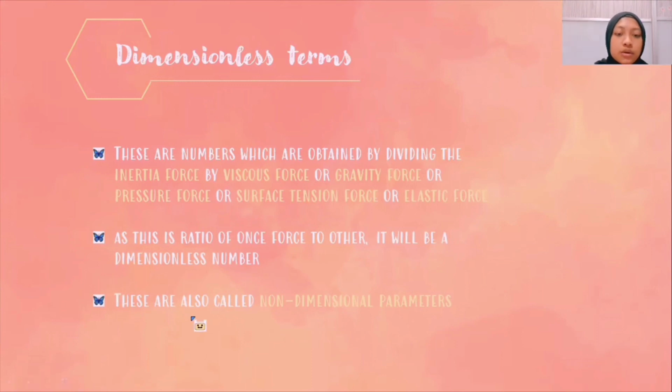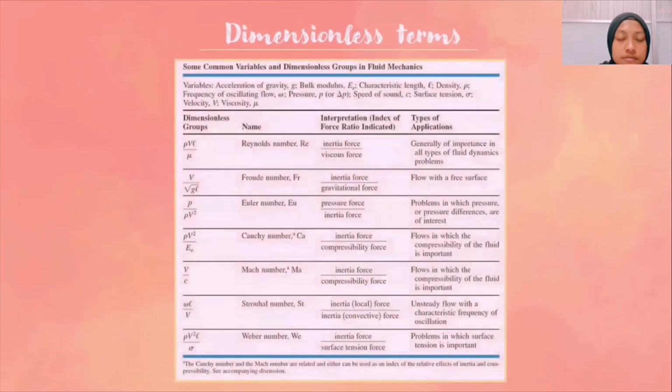These are also called non-dimensional parameters. These are some common variables and dimensionless groups in fluid mechanics. As examples of dimensionless terms, we have Reynolds number, Froude number, Euler number, Cauchy number, Mach number, Strouhal number, and